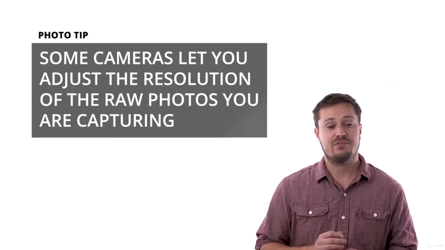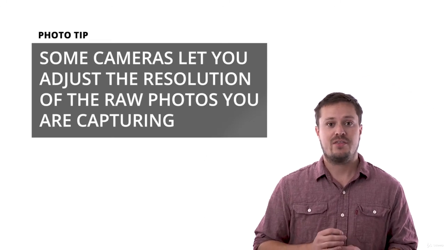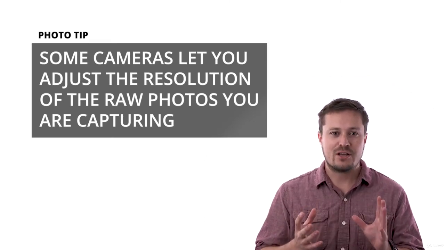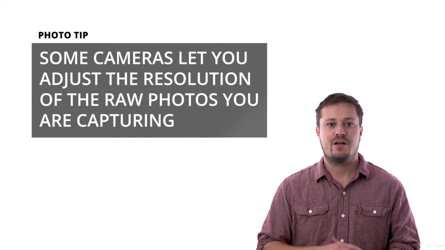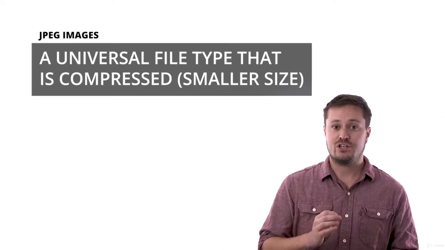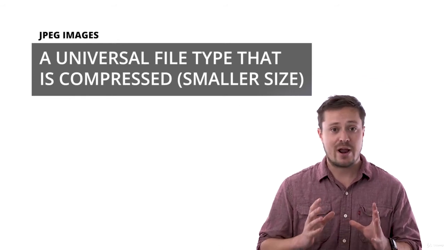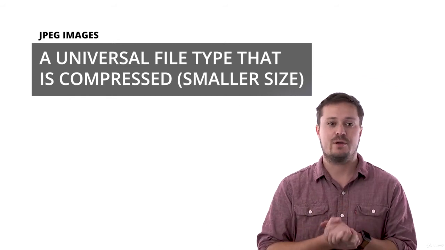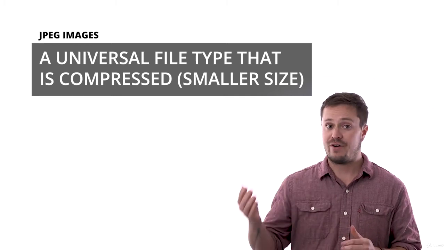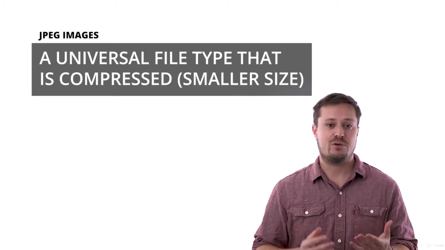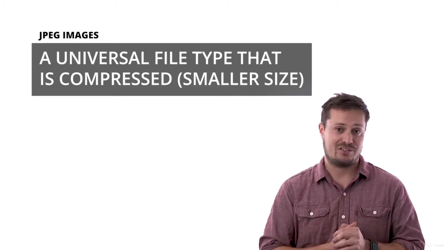Some cameras offer different sizes of RAW images. This doesn't affect the quality or compression, but the resolution of your image, the pixel width and the height. Unlike RAW images, JPEG is a standard file type that most camera systems have. Shooting JPEGs will be the default for most cameras. A JPEG image is compressed and smaller in size than a RAW image. It's also a more universal file type that can be read by most computers, phones, and applications.